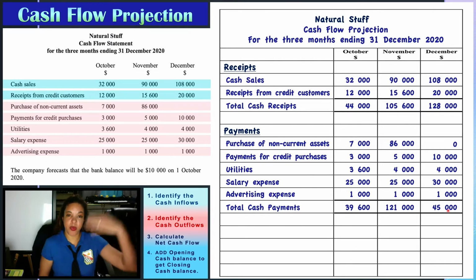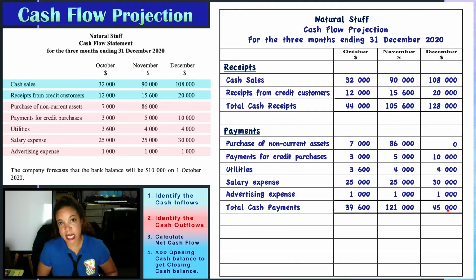So you have step 1, your cash inflows, which are your receipts. Step 2, which are your payments or your cash outflows. Now you go to step 3, you calculate your net cash flow. So your net cash flow would be your receipts minus your payments, your totals. So for each month, 44,000 minus the 39,600 for October. So what we have here is net cash flow, and this minus this,